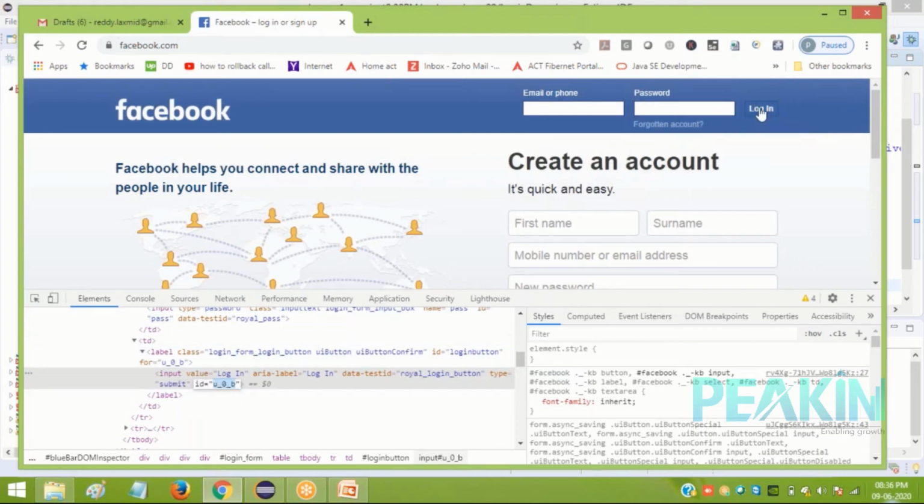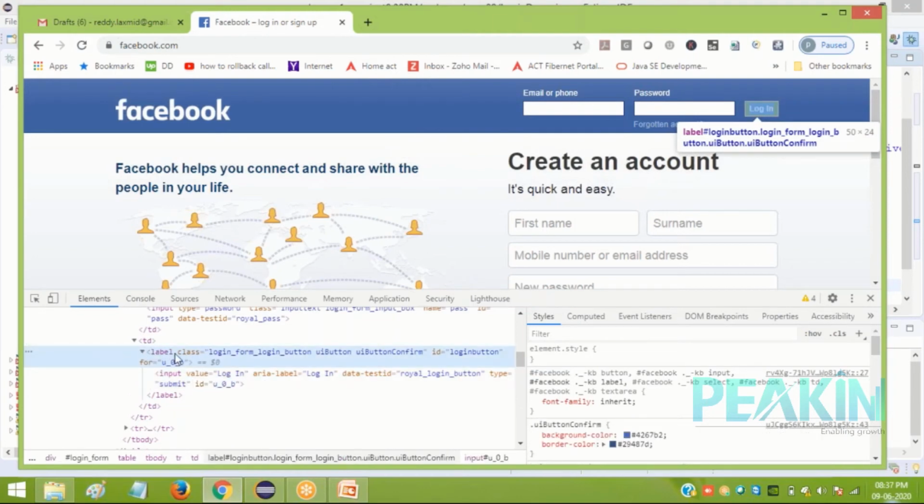What I can do here, this is for the button, right? But on the button, some text is written, login. I can find that also. Because if I click on the label or text, or if I click on the button, both are the same, right? Both are meant for the button only. So inspect based on login text. So you see here the HTML code of it, label. As I made a mouse over, see the internal box text is highlighted. It is having a class with some value and it has its own ID with login button. That's a proper stable value.